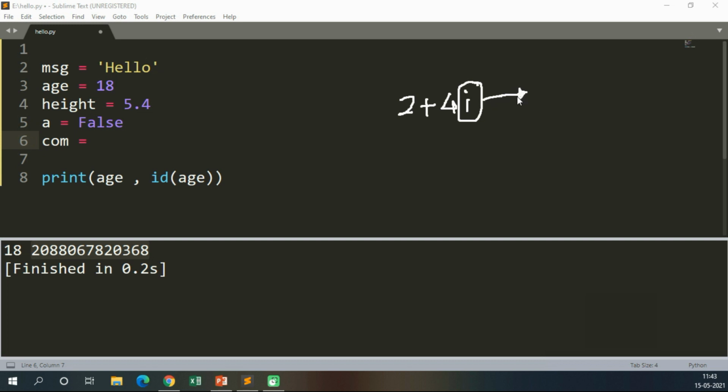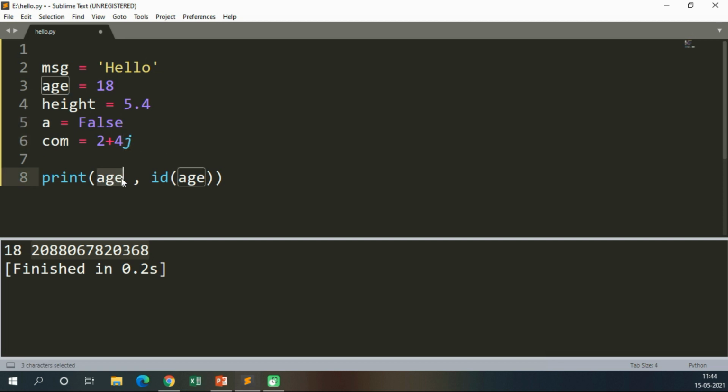Instead of i, we use j in Python. j is used in a complex number instead of i. So that is 2 plus 4j. Now com equals 2 plus 4j. That j you can see in a different color.